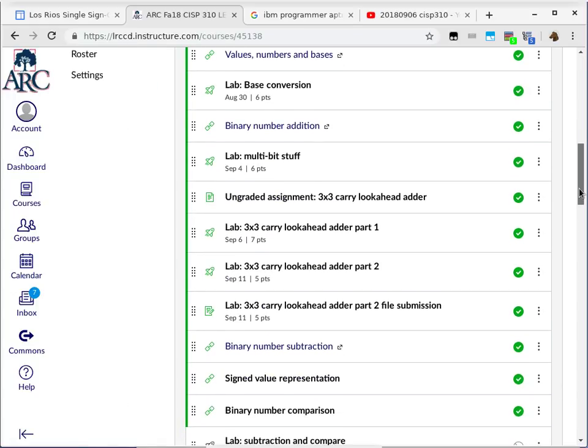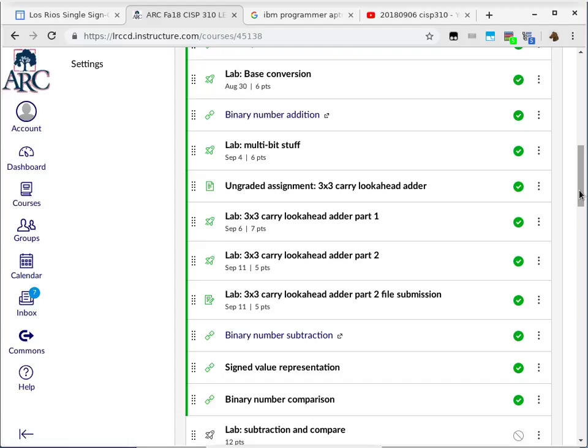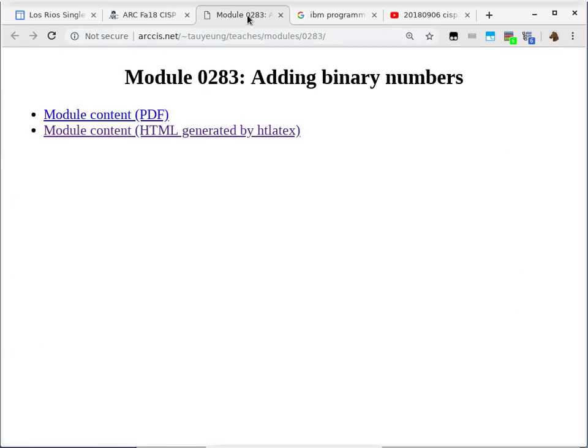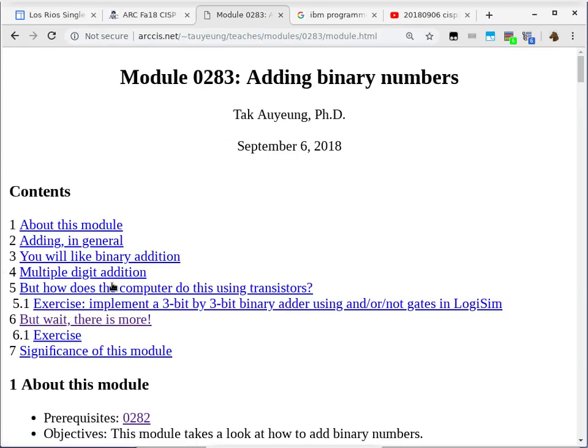Are there any questions about binary adding before we move on to binary subtraction? Any questions about the binary addition, the carry look ahead mechanism? No questions? All right. So I'm just going to pop that up, just so that you can take a quick look and see if you have any questions, especially section 6,